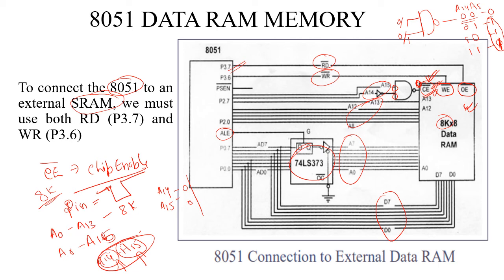However, there is not much change with respect to the previous memory interfaces that we have discussed. The only difference here is with respect to the read and write of memory. Since it is a data RAM, it requires both read and write operations to be performed. So we need both the P3.7 and P3.6 pins of 8051 to be connected to the corresponding pins of memory, output enable as well as write enable. The write bar pin, that is port 3.6, has to be connected to the write enable pin of memory, and port 3.7, that is the read bar signal, has to be connected to output enable, as we discussed earlier.